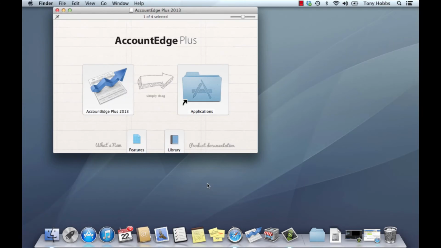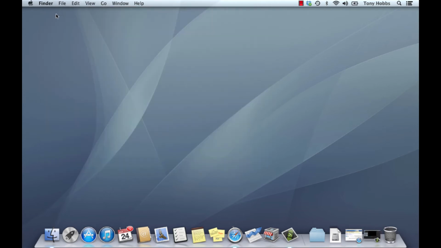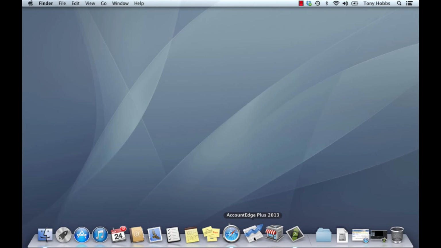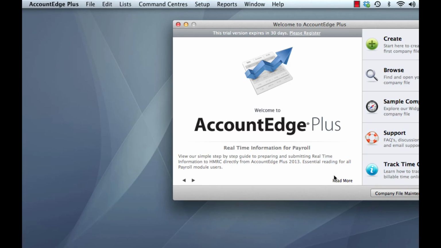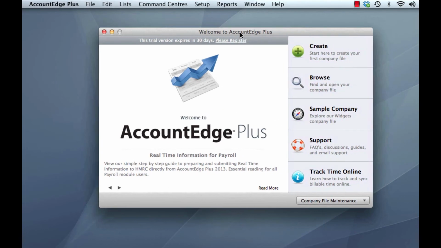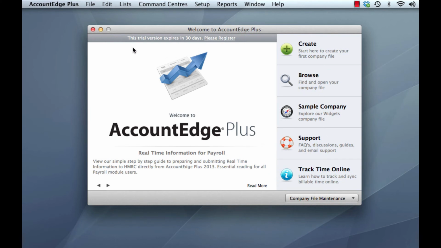Okay, we can also close our AccountEdge Plus installation window here as well and go ahead and open our 2013 product for the first time. So click on our new icon in the dock. And here we are with AccountEdge Plus 2013. You'll see at the top of the window that it says, this trial version expires in 30 days. Please register. All new products do need registering, so we just simply click into the register window here